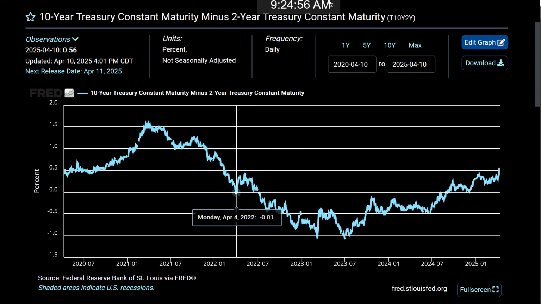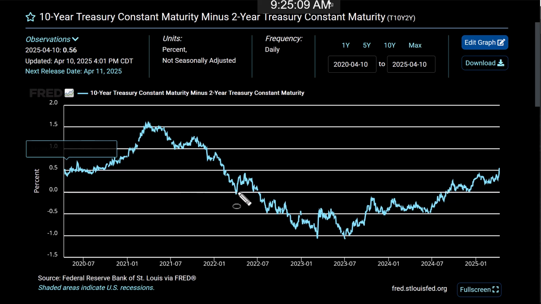Right here, this would have been the week of April 4, 2022, yield curves for a very brief period of time inverted. And if I go back and we look at news from back then, it probably was a big deal. Well, I've learned over the years that it's not the initial inversion that's actually all that important. It's the re-inversion, so that the second time, that's when we really start to pay attention.